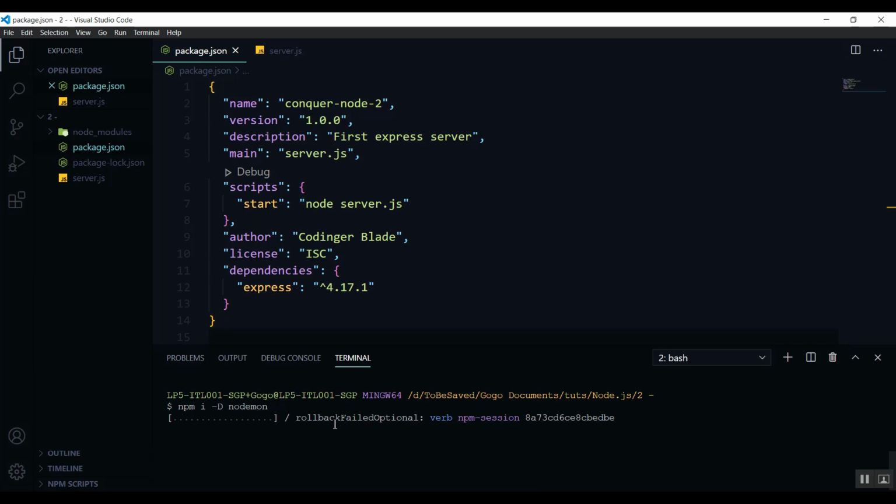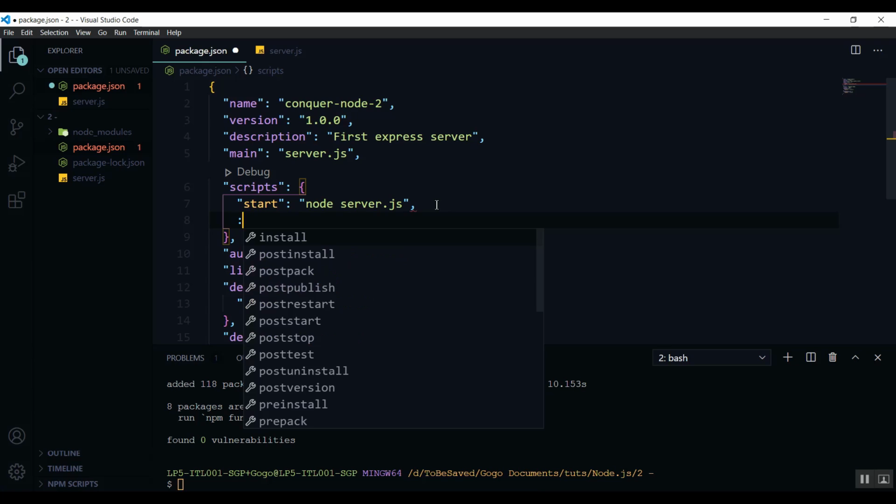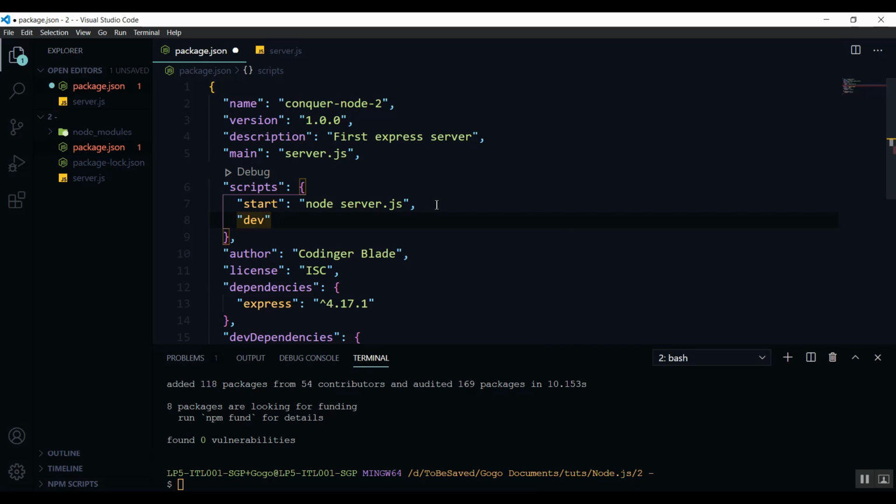So Nodemon constantly watches that server port and constantly refreshes it as we continuously make edits. So it's kind of like a live server, but this time it doesn't reload the page for us. We have to save and then reload it. Okay, so we made a start script, right? So I'm just gonna make a development script, dev, and we could do nodemon server.js. So I'm just gonna run npm run dev,